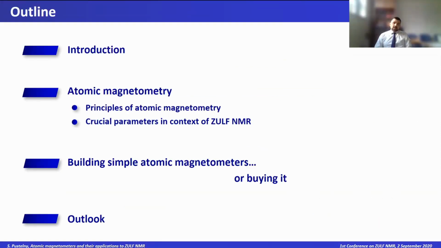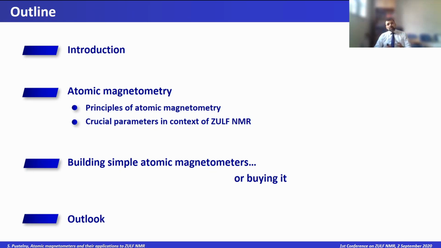And what I would like to do today, a little bit like what was covered in the lecture yesterday, is to talk to you about a particular tool that can be used for measurement of magnetic spins, nuclear spins, and nuclear magnetic resonance at ultra low and truly zero magnetic fields. This is a field that is growing and has many interesting applications, but this talk will concentrate on atomic magnetometers, particularly those that use atomic vapors as a sensing media.